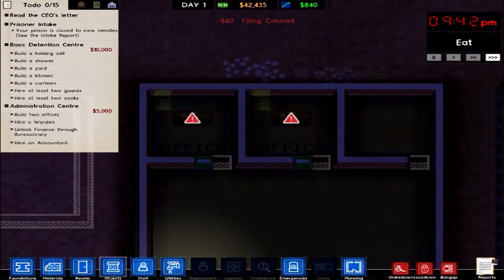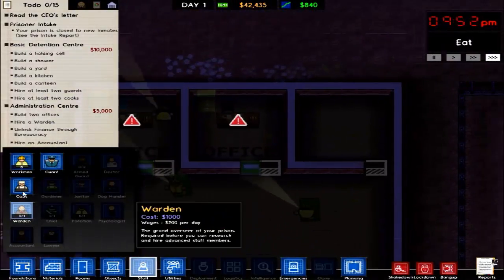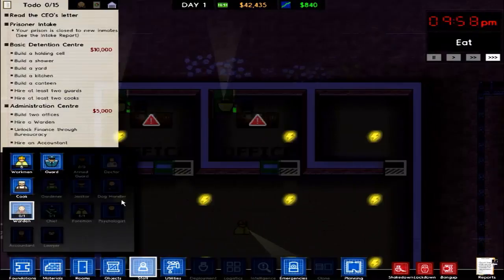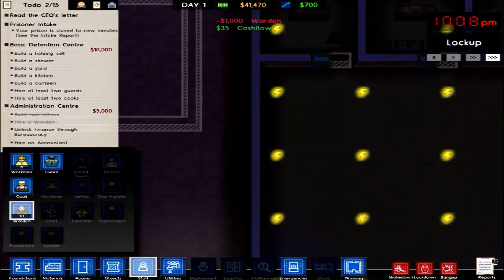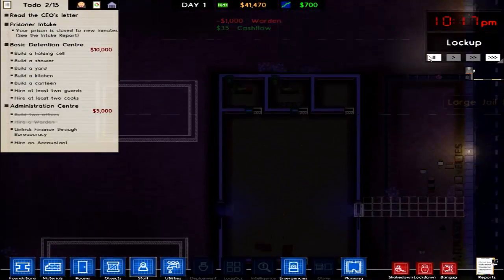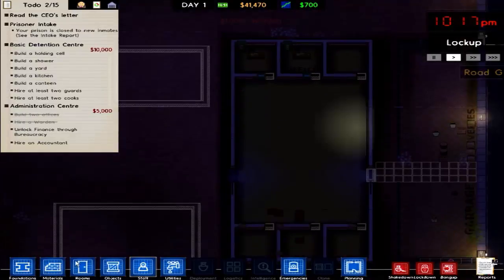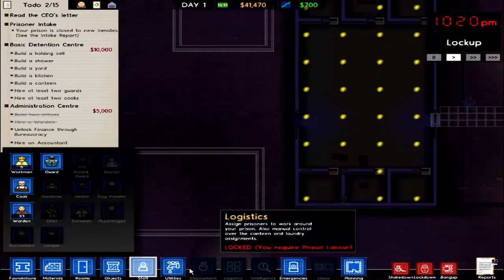And now, once the filing cabinet comes in, it's going to lock in as a room, and then I'm just going to hire my warden. And bada bing, bada boom, and he chooses the wrong one! Alright, so now that the warden is in, and this is very important, because now I can start having the game go through, if I go to...